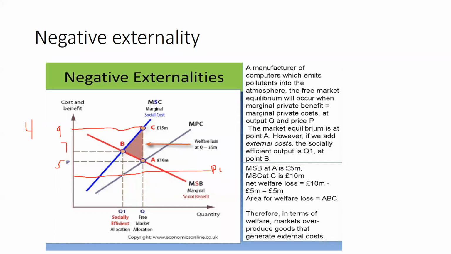Because you're going to go to your market supply curve, because this one, MSC, doesn't exist because you haven't taxed yet. And if you look here, where it intersects, I got closer to socially optimal because